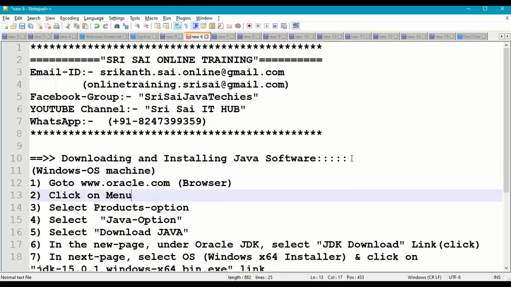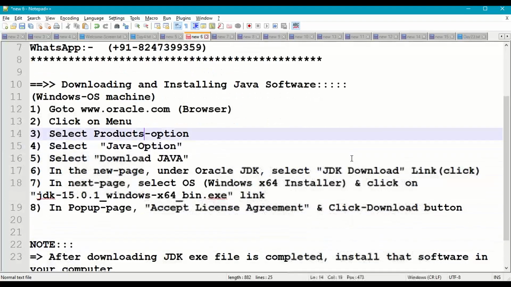Right. So basically we have 8 steps, and these steps will be changing from time to time. So nothing to worry about this. We have to understand these steps in a generic, general way. First, we have to go to